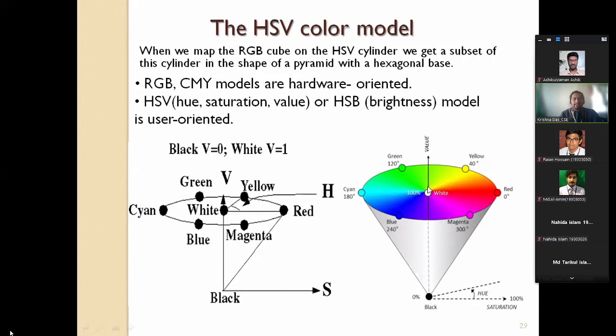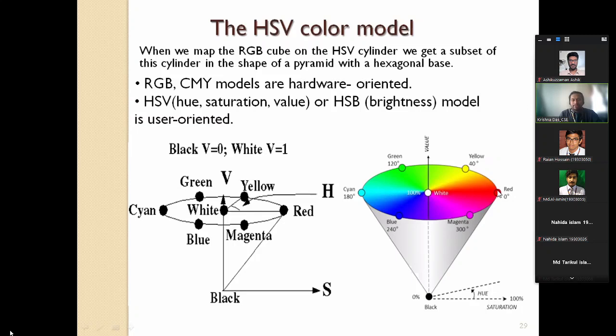Now what is the saturation? Saturation is the x coordinate. That means from the center point, when you go further away along the x coordinate, that would be the highest value, and when you are in the center, that is your lowest value. That is the saturation. Now this cycle in the circle gives you the type of the color, as you can see.